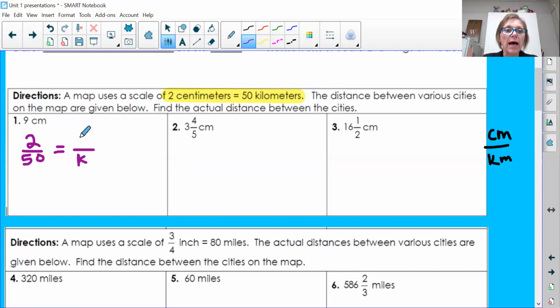And they have given us 9. So think of 9 widths of my fingernail. That's how long it is, how far it is on a map. Okay, now Ms. Williams is going to give you a little bit of